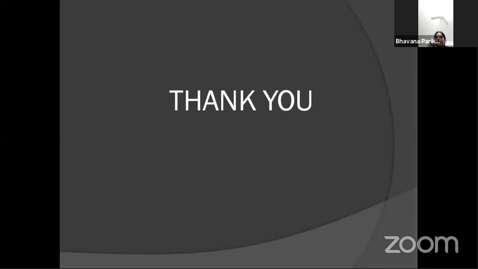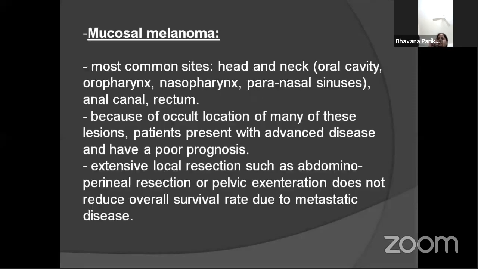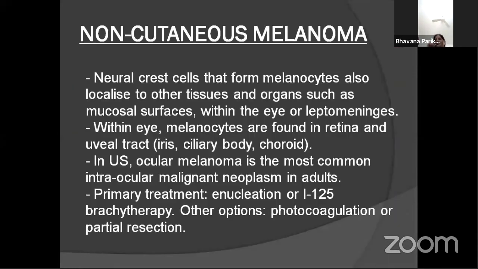For ocular melanoma, there are two types of surgery. One is a vision sparing surgery, another is a vision losing surgery, where you have to go for eyeball exenteration. In vision sparing surgery, you can try laser surgery, some local application like 5-FU or imiquimod ointment, or photodynamic therapy. And if it is involving the entire eyeball or the muscles and everything, then you have to go for eyeball exenteration.